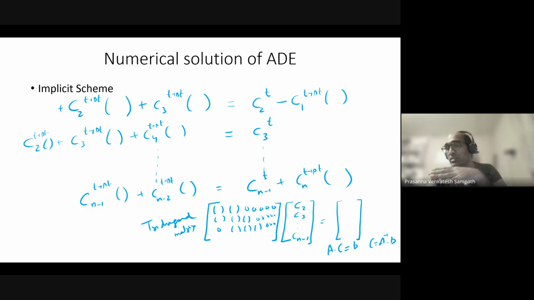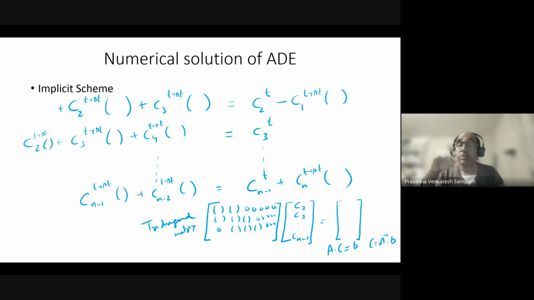And then B, which is the right hand side, is the forcing vector, right? So you have all of those, and then you solve for concentration C as A inverse times B. Now this A inverse can be computed. There are many different schemes available to compute the inverse of a matrix. I'll not get into all of those details, but the general procedure for solving the implicit scheme is computationally a little bit more intensive than the